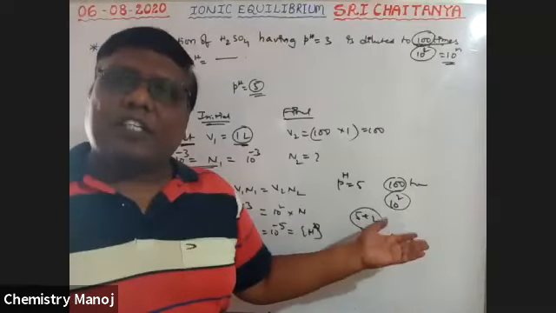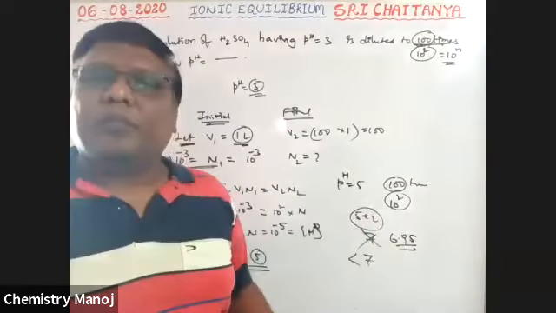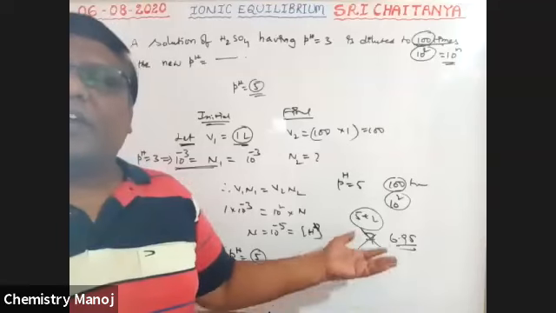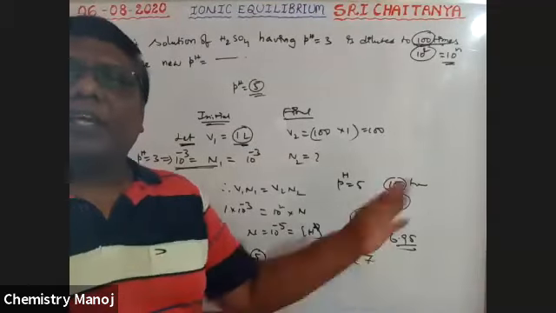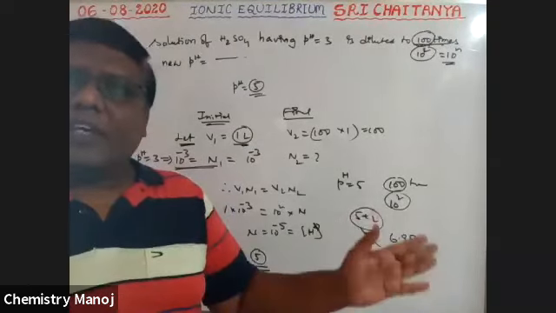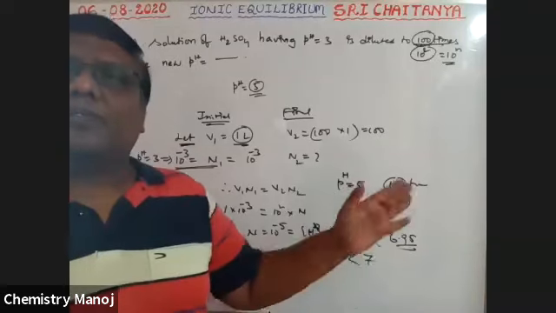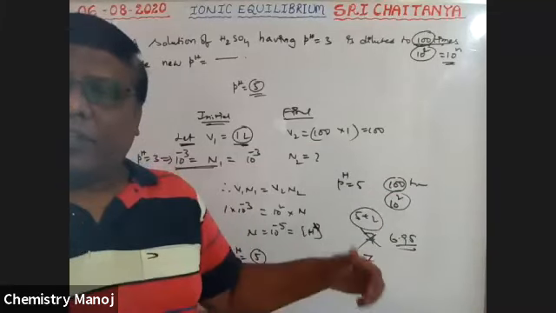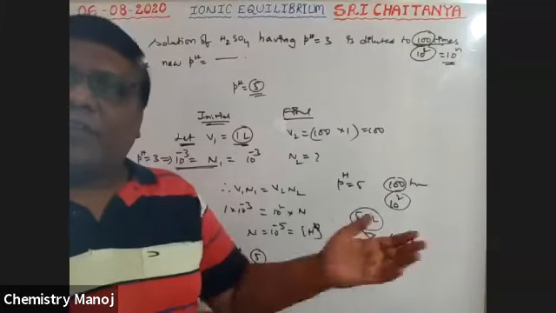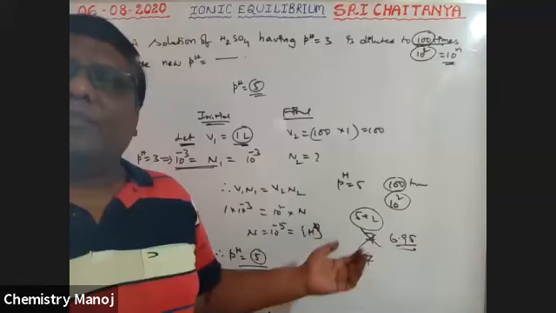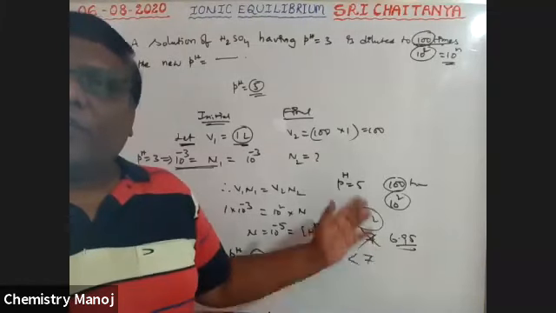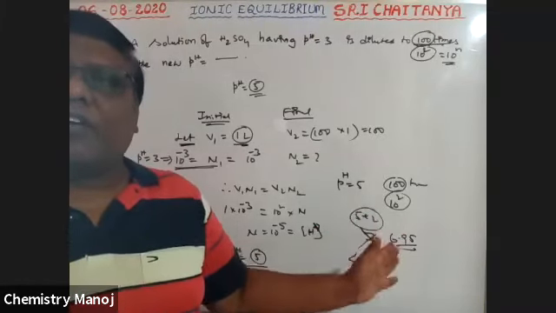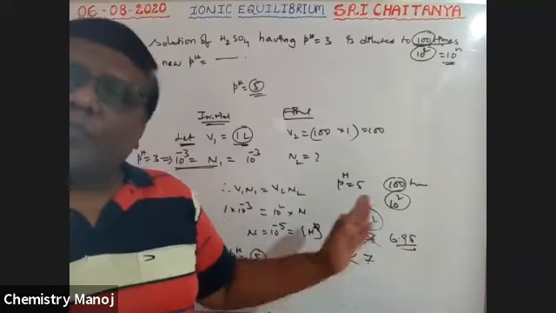H plus ion concentration from acid or water also we consider it, because it is a very, very dilute solution. If it is greater than 7 or 7, that is neutral. An acidic solution does not become neutral, and does not become basic, even though diluted. That is why H plus from water is also considered, because it is very, very diluted. Therefore, for an acidic solution pH is not equal to 7 or greater than 7. That's why pH should be less than 7.